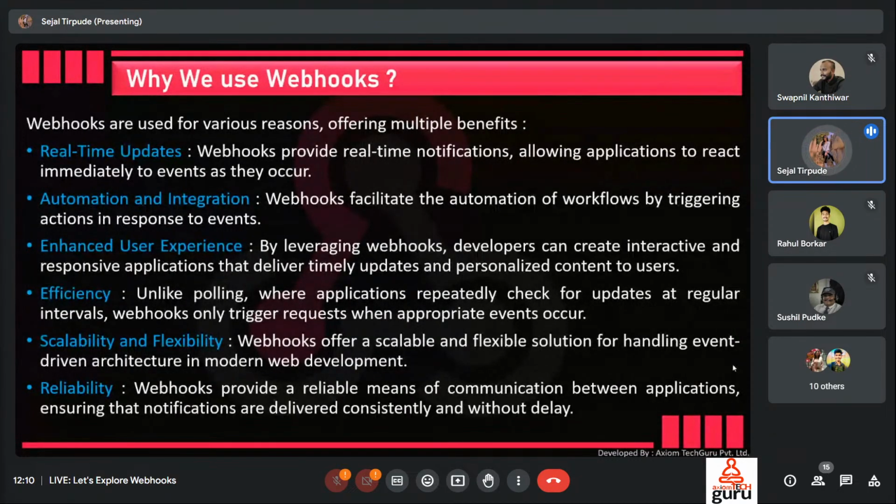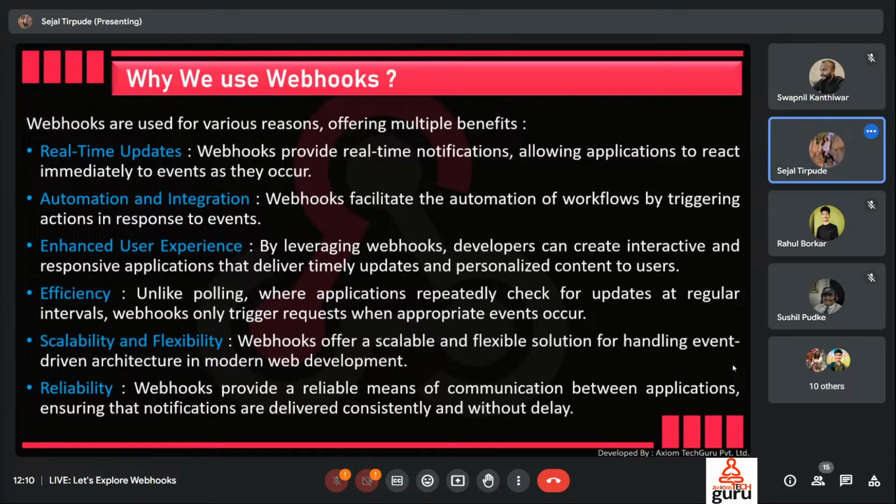Next, automation and integration. Webhooks facilitate the automation of workflows by triggering actions in response to events. They enable seamless integration between different applications and services, allowing developers to build complex systems that communicate with each other